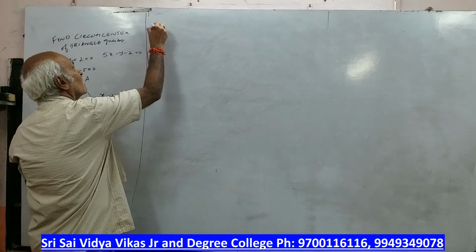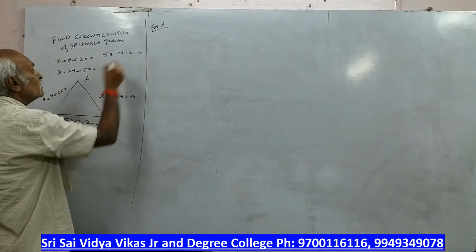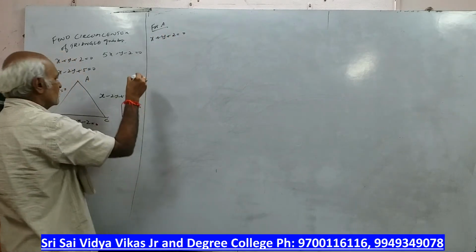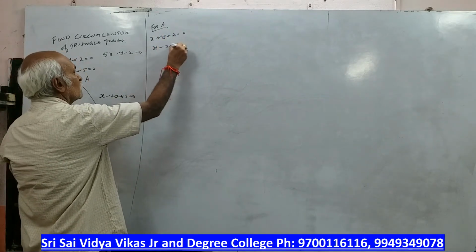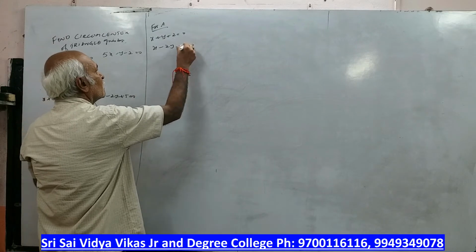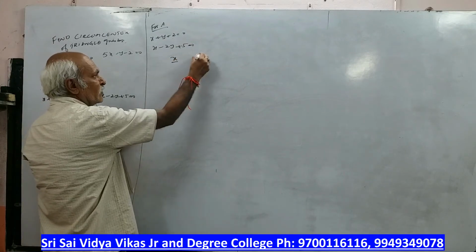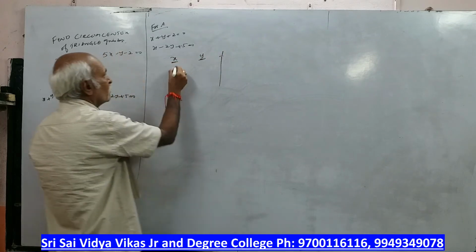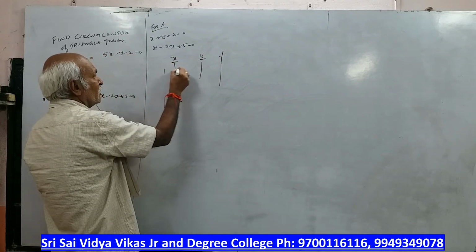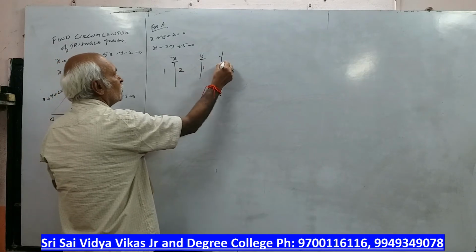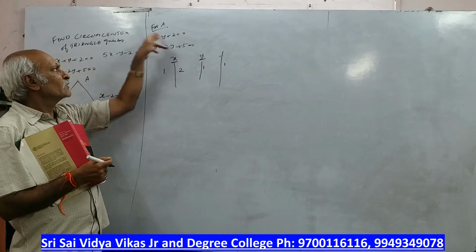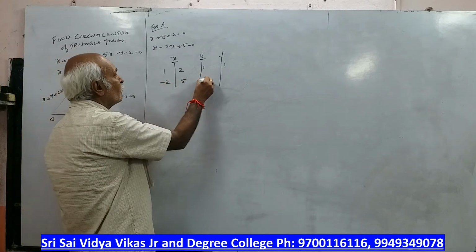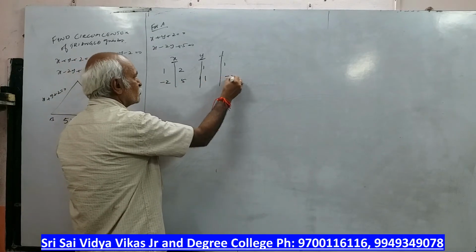For A, which equations do we consider? Okay. That's why I told you cross multiplication method is very important. Initially I told you. Now, if you learn, this will be very easy, sir. 1, 2, 1, 1. Y coefficient, constant, x coefficient, y coefficient. Next, minus 2, 5, 1 and minus 2.